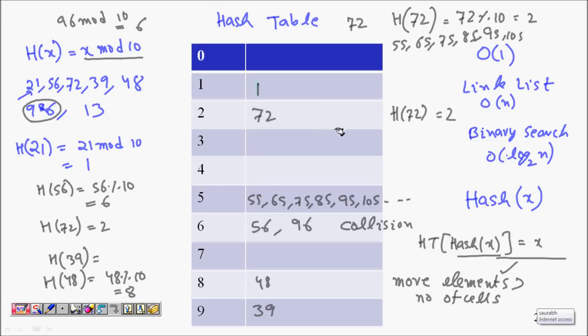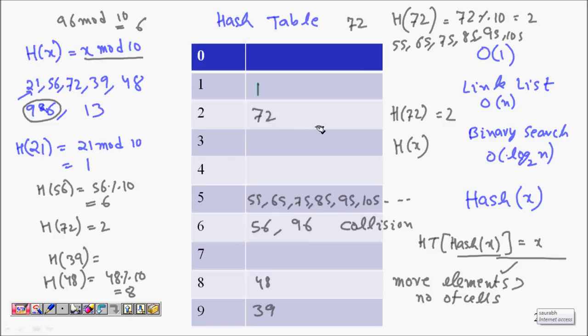But every good thing has some problems with it also. This optimized O(1) search has some problems: what happens when you have collisions? You have to deal with collisions. The other thing is that you have to design the hash function. Our hash function x mod 10 will give somewhat uniform numbers, but this is not good if all the numbers are multiples of 5, let's say. So how we design the hash function is also a very important thing.